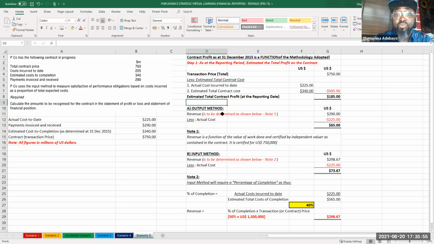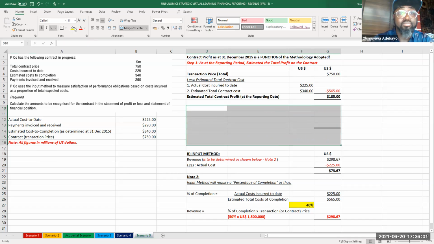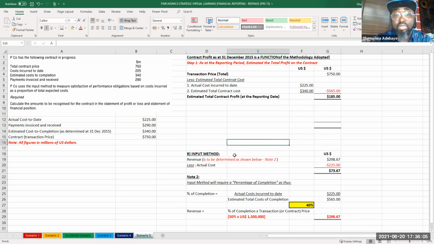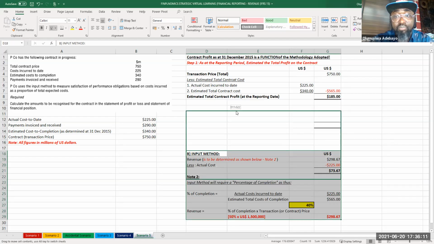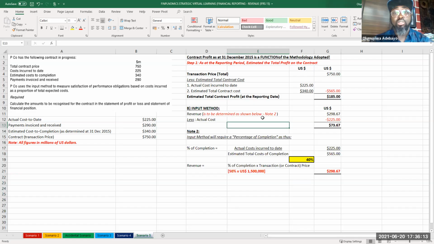Now, all the things we need, we don't need the output method. We don't need the output method. Therefore, I can take my input method up. Okay, now, as at the reporting date,